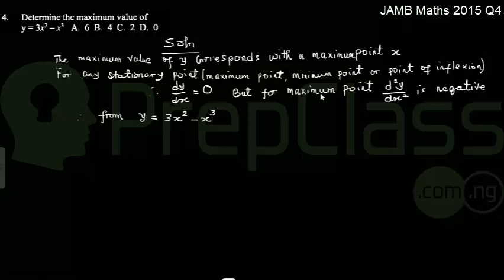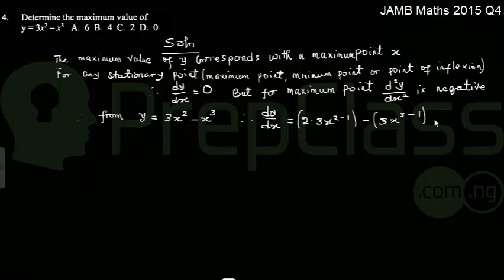But specifically for the maximum point, the second derivative, d squared y over dx squared, would be negative. So therefore, for the function we have here, 3x squared minus x cubed, differentiating this function, dy/dx would be equal to differentiating 3x squared, that will be 2 times 3x raised to the power of 2 minus 1, minus, now differentiating x cubed, I will have 3 times x raised to the power of 3 minus 1,